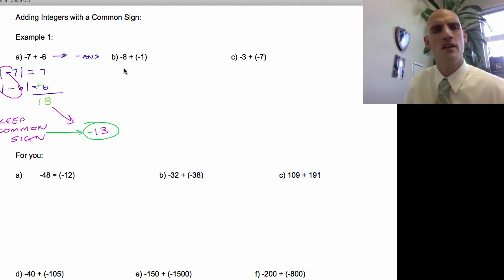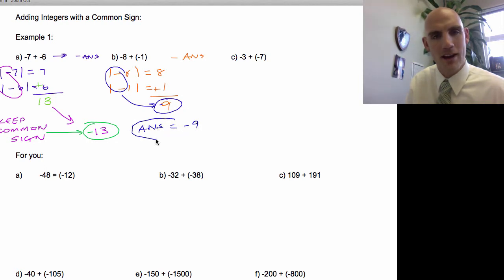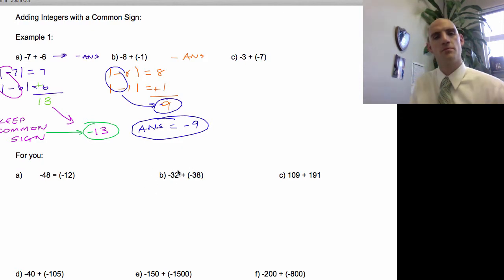Okay? It's like having 8 red counters and 1 red counter. So I know that I'm going to have a negative answer. Absolute value of negative 8 equals 8. Absolute value of negative 1 equals 1. So I add those together, I get 9. And my common sign is negative. So my answer is negative 9. It seems silly, I know, but when we get into these bigger ones,